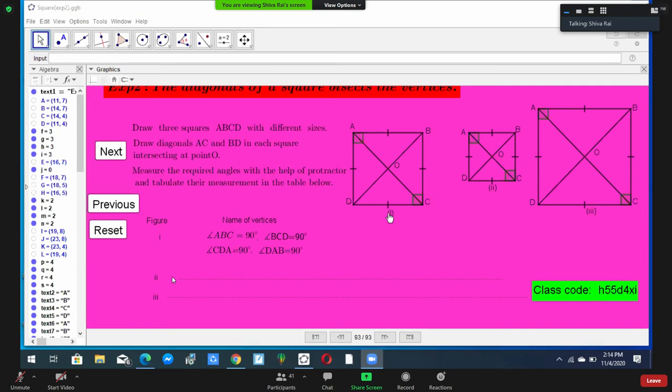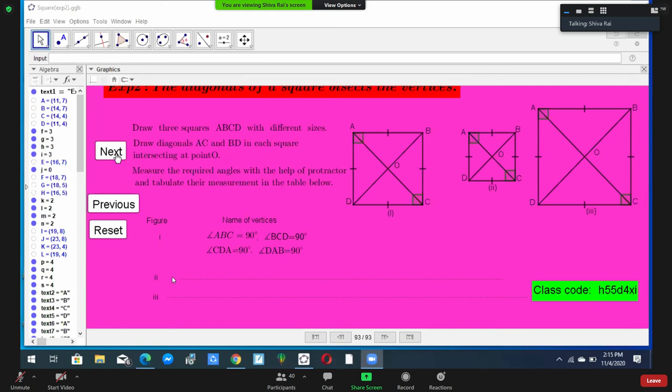Here, two diagonals are drawn: AC and BD, intersecting at O. They are intersecting at O in the first figure, in the second figure, and in the third figure also. In all the figures, you have to give the same names. In experimental verification, you need three figures. Unless you are told to draw only one or only two, you have to draw three figures. It is understood. Now the next step is here.